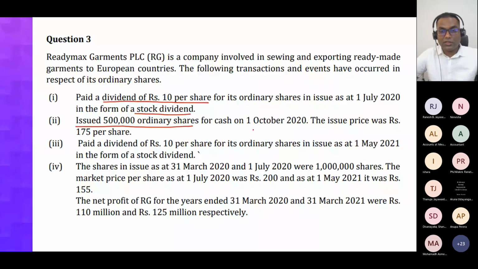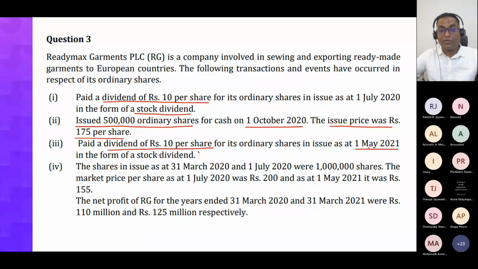500,000 ordinary shares on 1st October 2020. That is in the middle of the year. That is a share issue for cash. Issue price was 175 rupees per share. Shares issued for cash. Then paid dividends of, again, 10 rupees per share for its ordinary shares